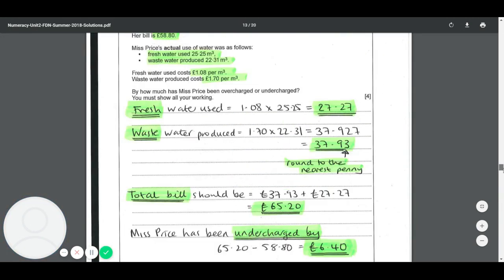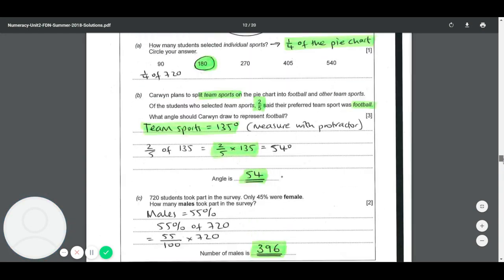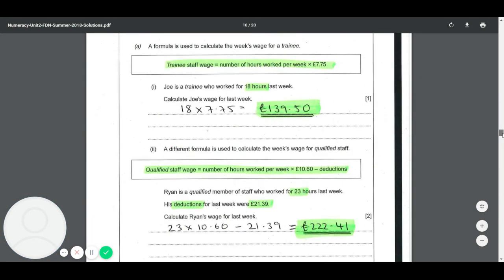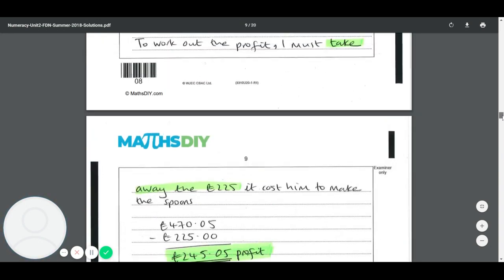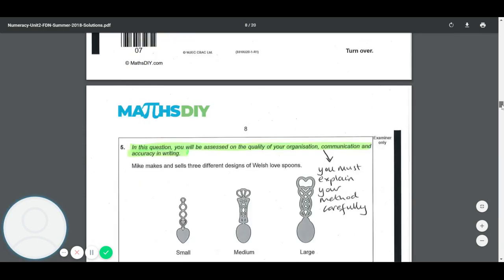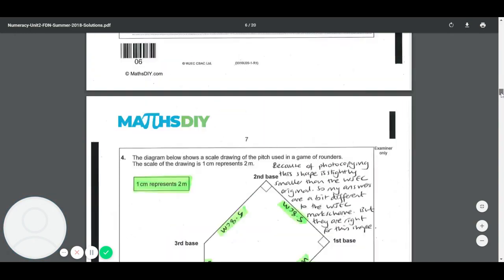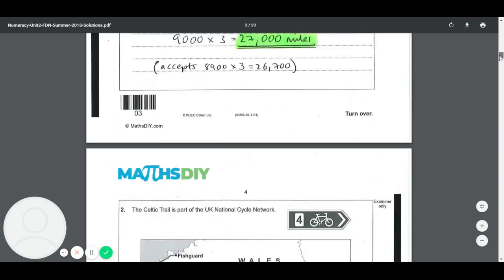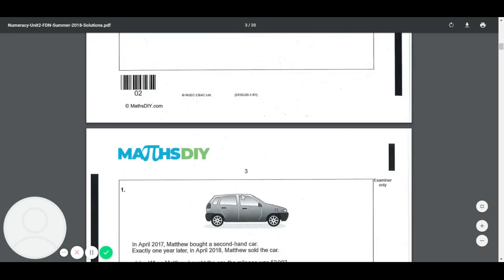When people start talking about things which have no connection to real life, then it's difficult to understand what to do. But a lot of this stuff, if you know your basics, your fractions, your decimals, your percentages, how they work, you've got a calculator, I think that you can do pretty well in this paper. Okay, so if there's anything you still want to know, ask me, but otherwise that's it for